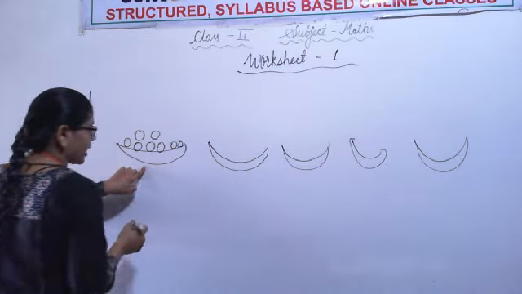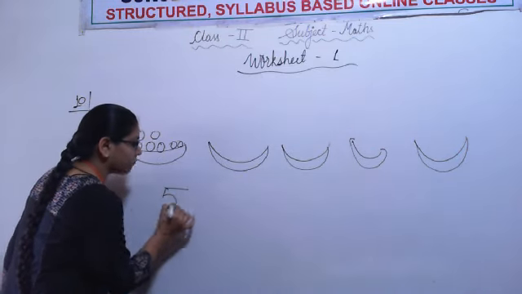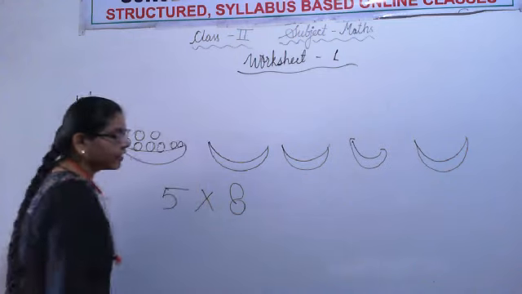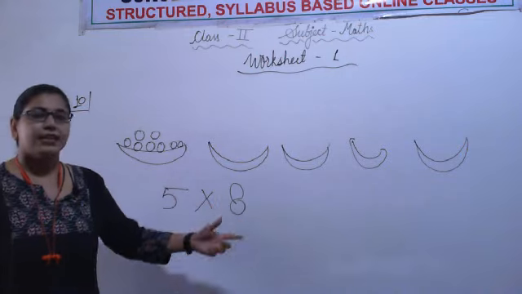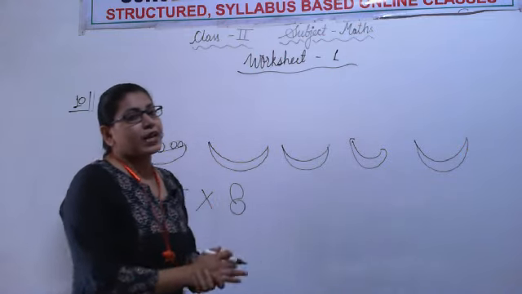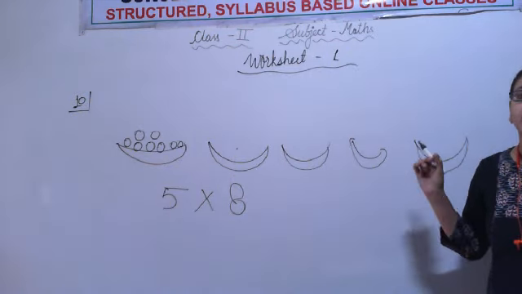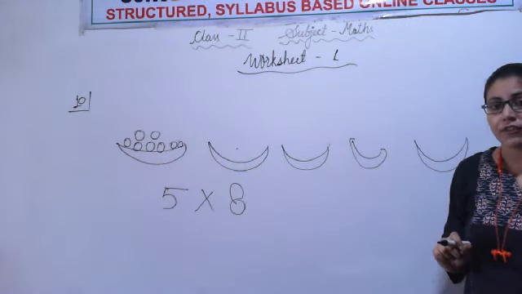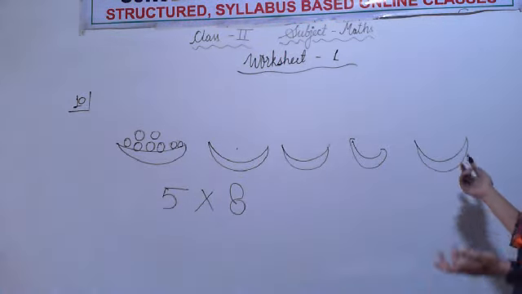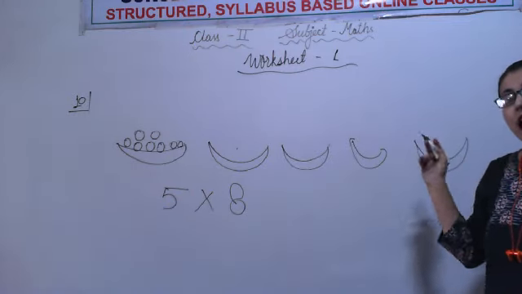So this is 1 time 8, 2 time, 3 time, 4 time and for the 5th time. It means 5 times what? 8 eggs. 5 baskets, 5 times 8 eggs. Or we can do in another way too. We will make 8 eggs in each and every basket, then we'll count them. This is a very lengthy process. Why we need multiplication? So that we can save our time. We will make all the eggs, then we will count them.